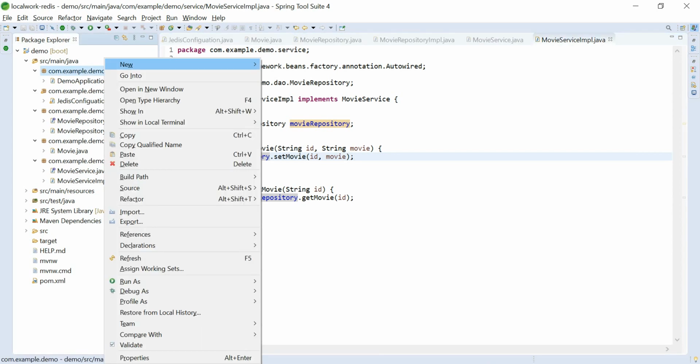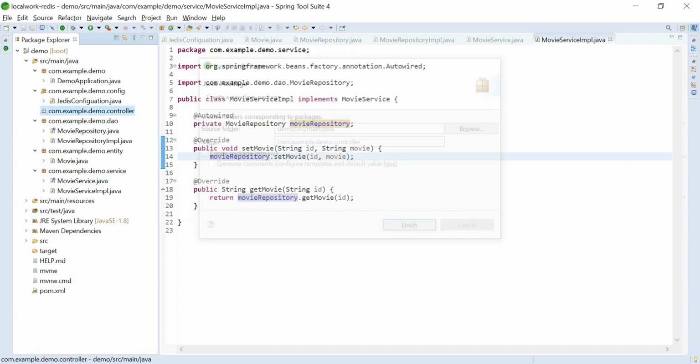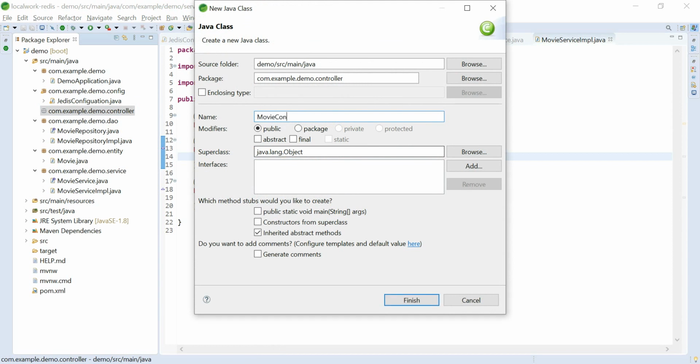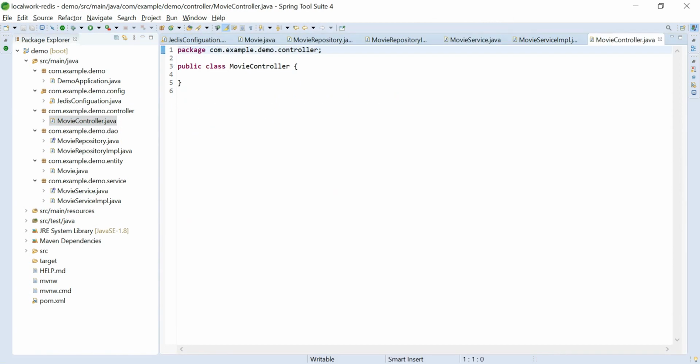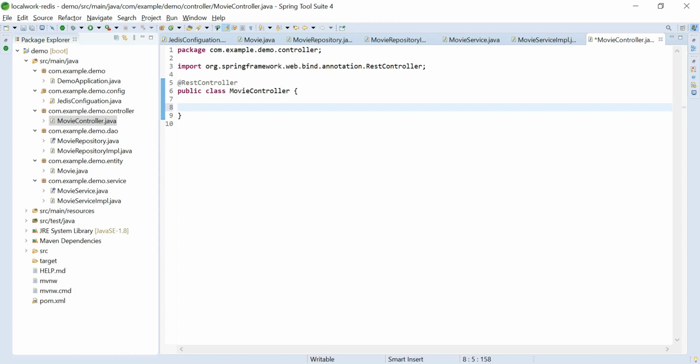Now we need to make our controller to serve our request. We will make our controller, and that will be MovieController. We will annotate this controller as RestController. Whatever functionality we write, it serves as REST and gives a JSON output. Now we will create the methods. One will save into the database, and one will be exposed for the get API. First of all we will create the post API.